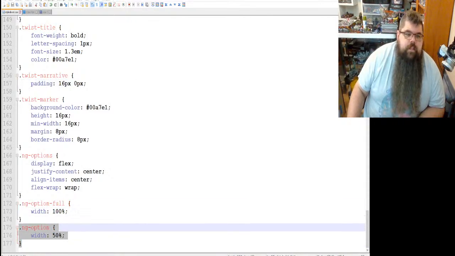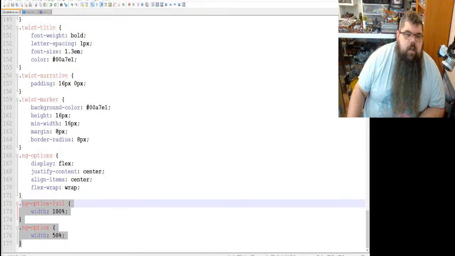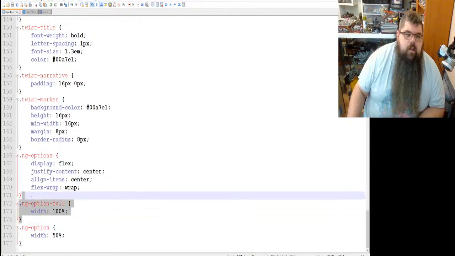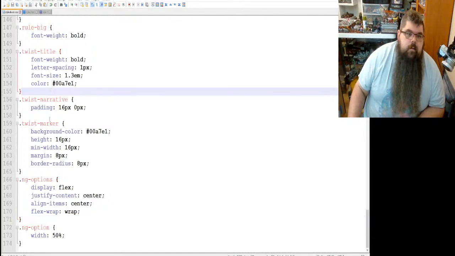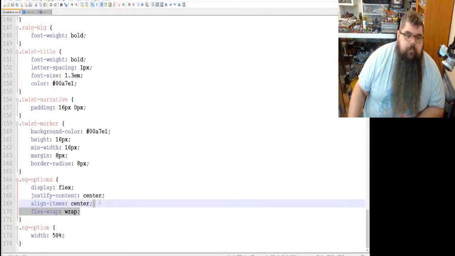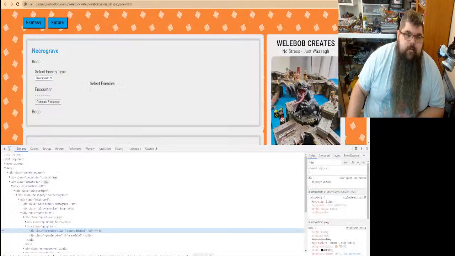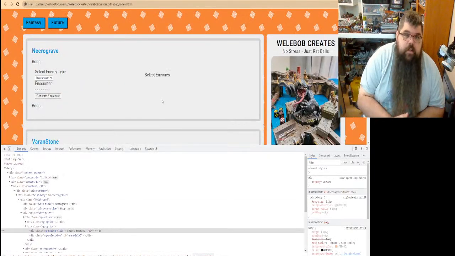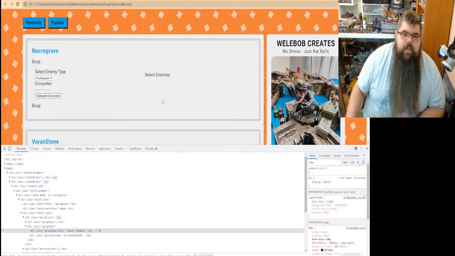And then I can get rid of flex wrap like this, and they should float next to each other. Yeah, that should work good. I shouldn't have so many enemies that they're going to be a problem in here.